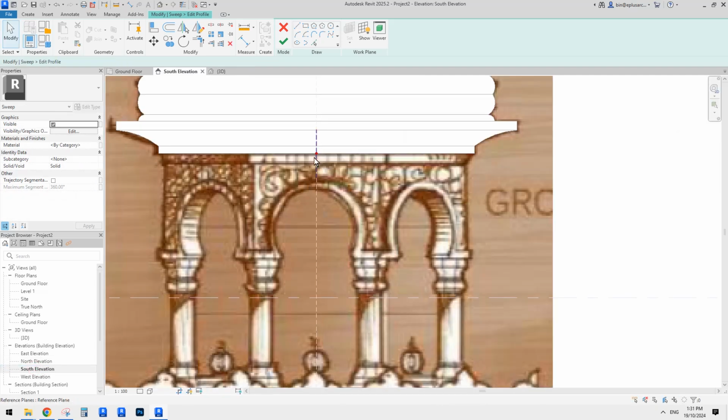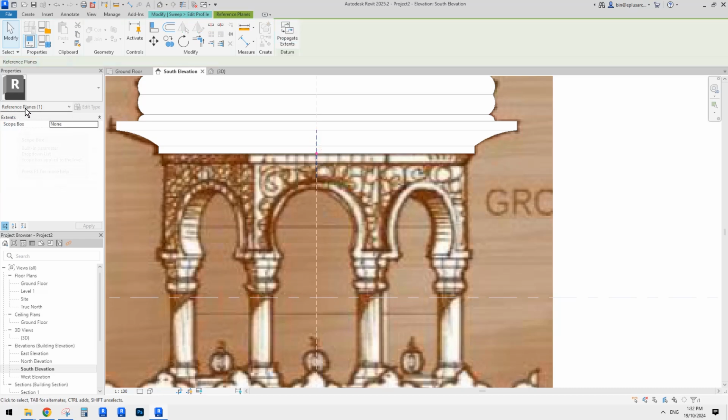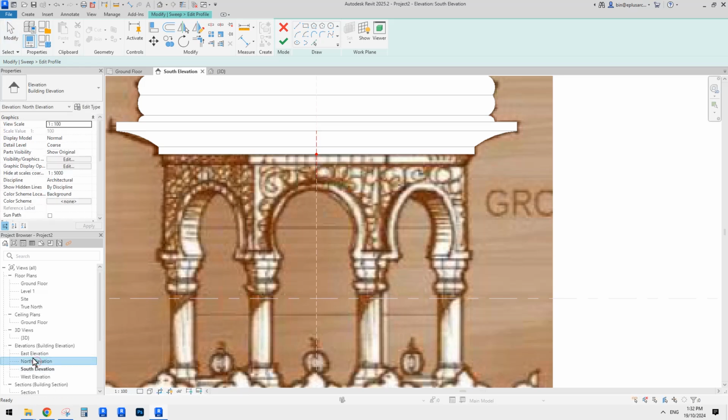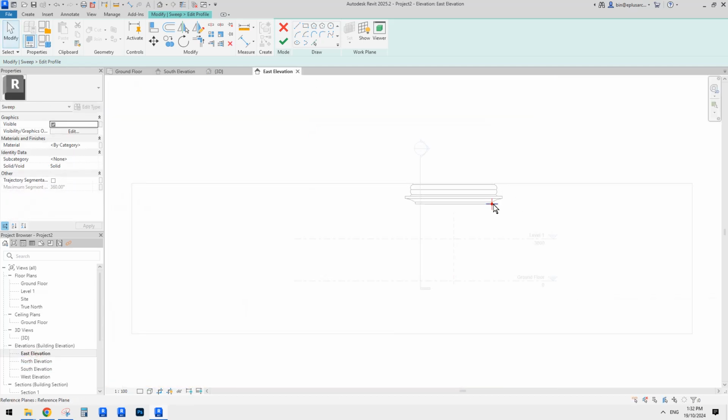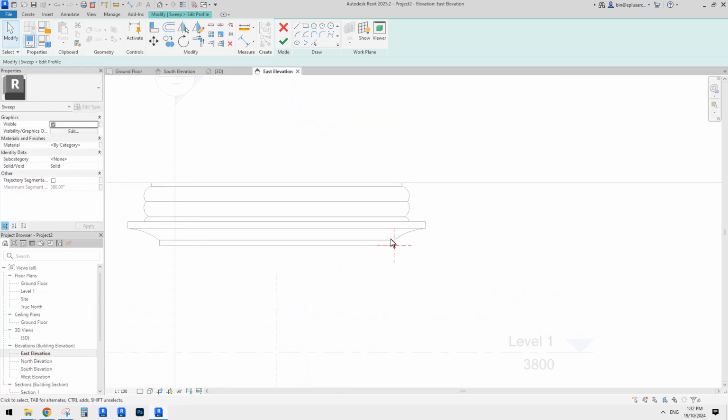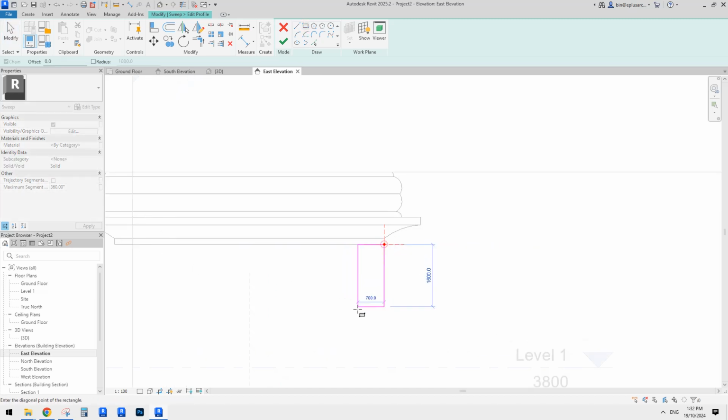This is the side view of that origin, or what's that called, reference plane, whatever. That cross shape symbol. We need to go to the east or west. So if I go to east, you will see that, right? Because we don't have an image here, I'm going to draw something, right, and